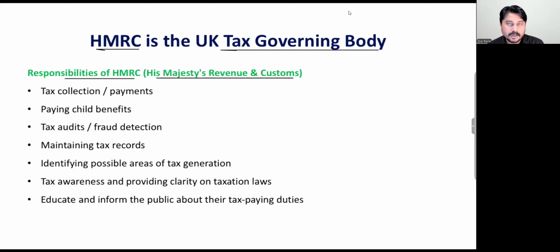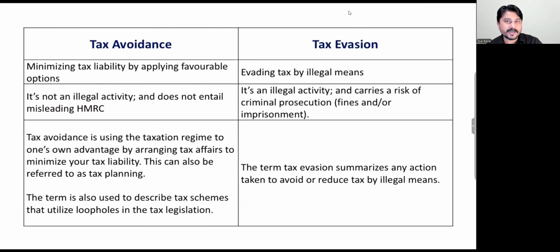If we think from the perspective of a taxpayer, would you like to pay more and more taxes, or would you try to reduce your tax amounts? Obviously, you will try to reduce your tax amounts. And for that, you have two options. Either you can use legal means for reducing tax liabilities, or you can use illegal means. If you are using legal means for reducing the tax liabilities, that is termed as tax avoidance,